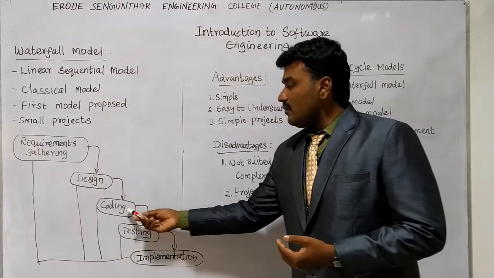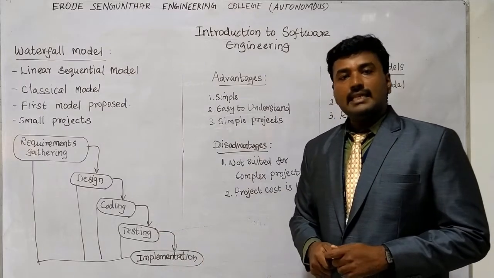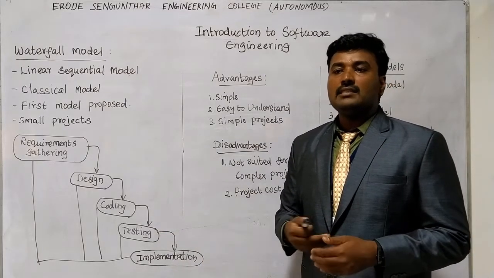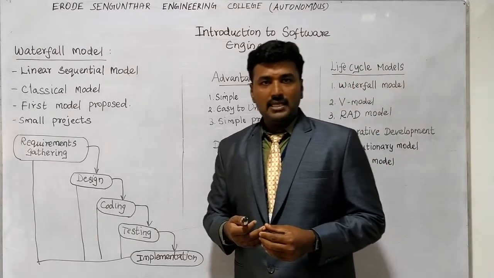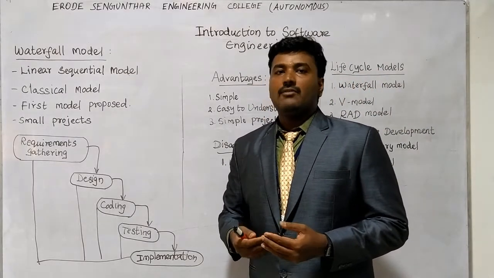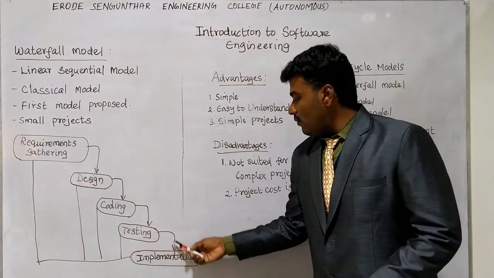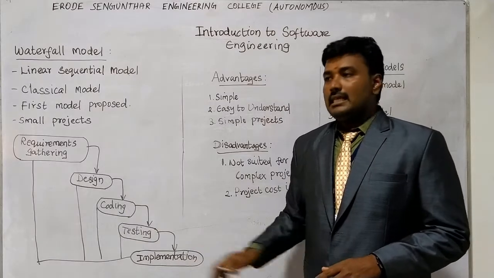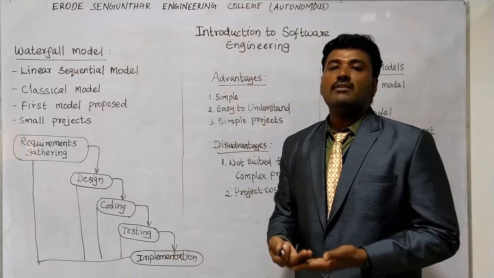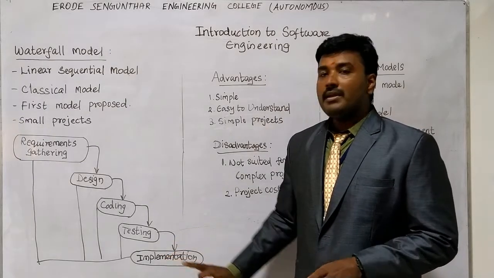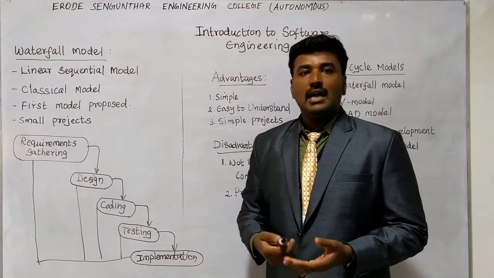After successfully completing the coding phase, we move on to the testing phase. Here, testing is performed by a sequence of testers by means of unit testing, integration testing, system testing, acceptance testing, and so on. After the successful completion of testing, we move on to the implementation phase. In this phase, the software is in a ready-to-deliver condition. After the implementation phase is completed, the final software product is successfully accomplished.